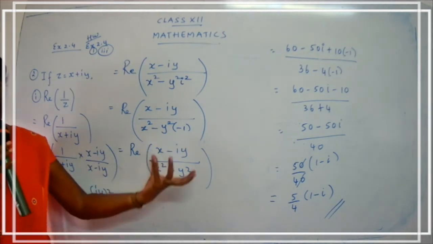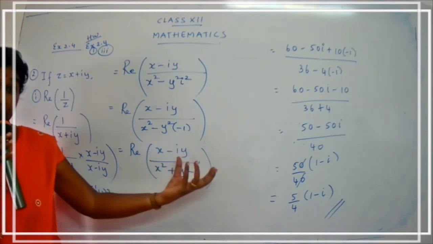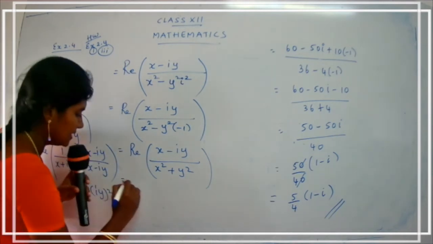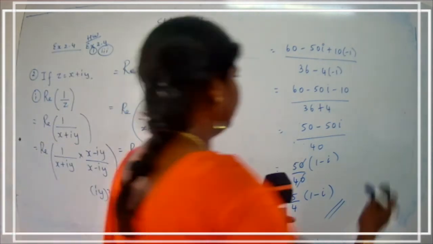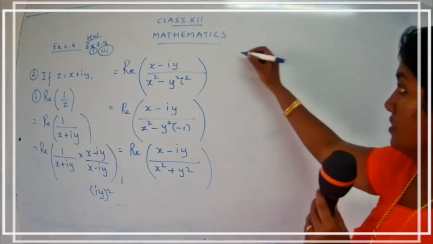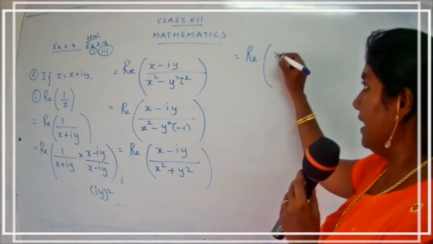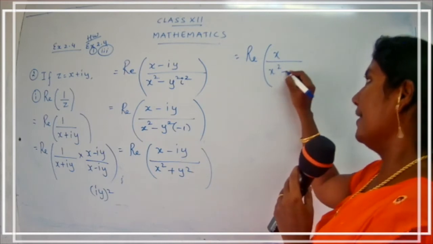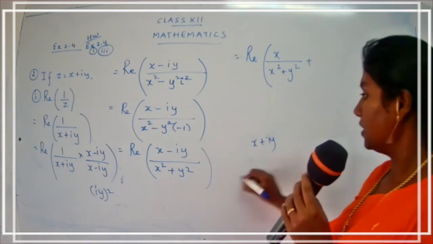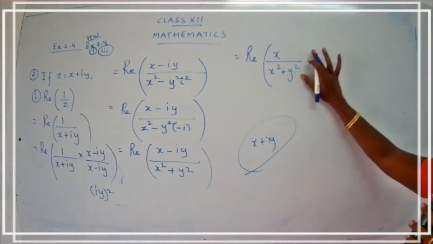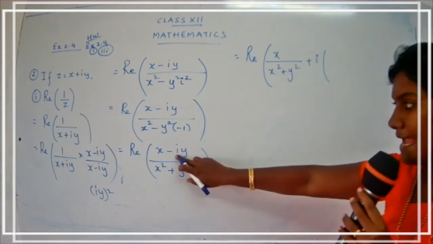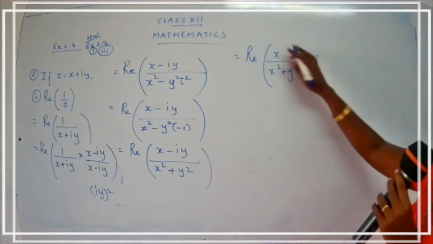Now just be careful here. We are having both the parts together, like we are having the real part here and we are having the imaginary part. But here we are just going to focus on the real part. See, children, this is very easy. I'll just continue here. I'll write one more step. So this is equal to real part of x upon x square plus y square. Try to write this plus, children, because we have the form x plus iy, yes? So try to write the main sign as plus. Plus i is here, yes, children? i. And what is the sign here, children? It's minus, yes.